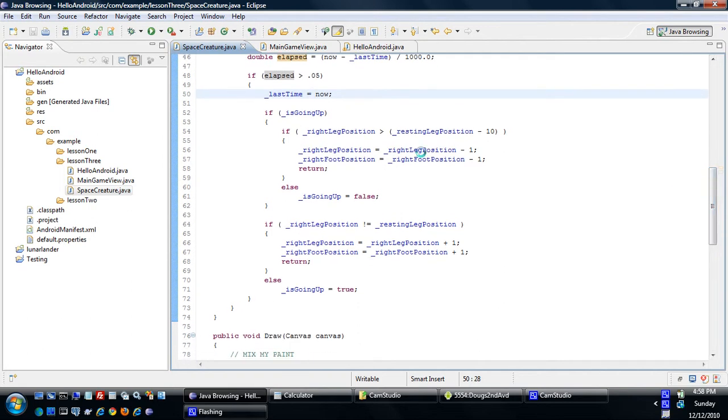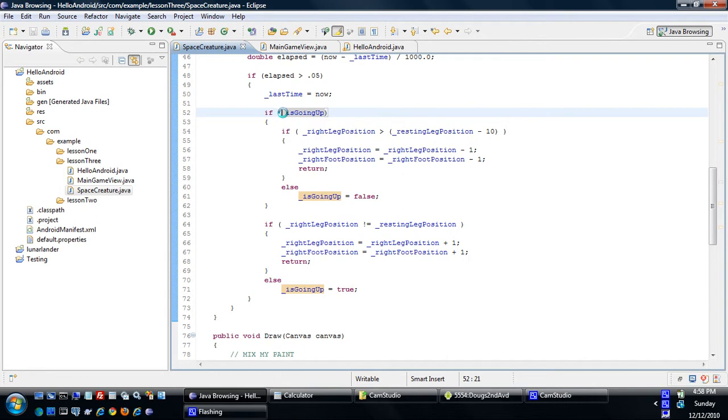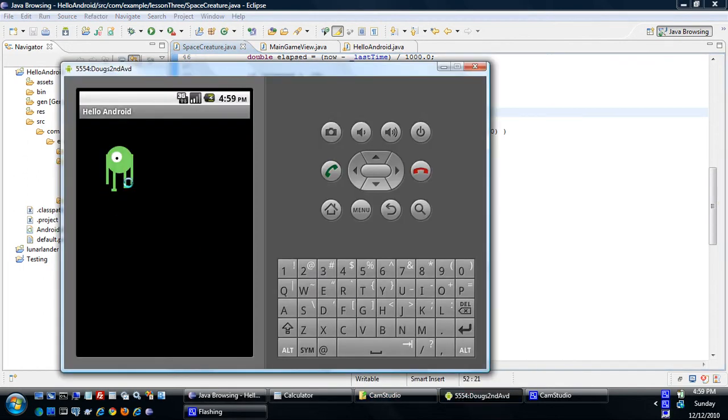So I have this variable here. I have another if statement, and I check to see if my leg is going up. Basically, the leg has two states, right? It can be going up and it can be going down. So